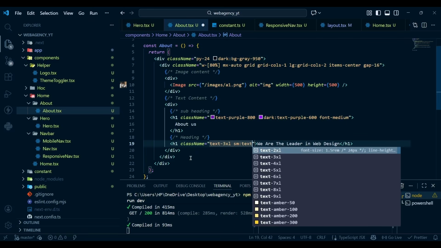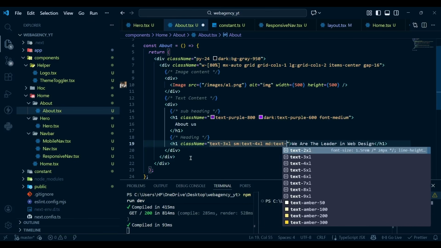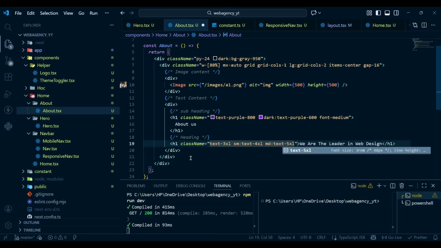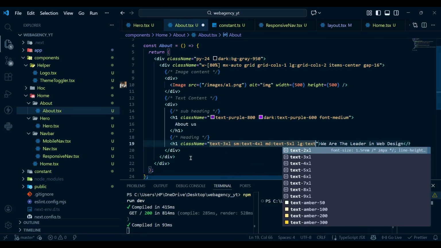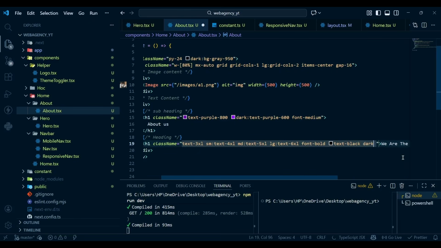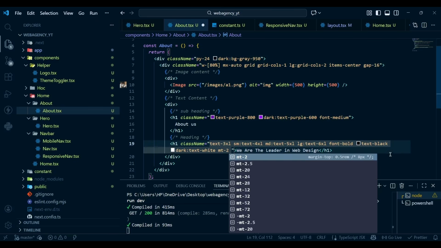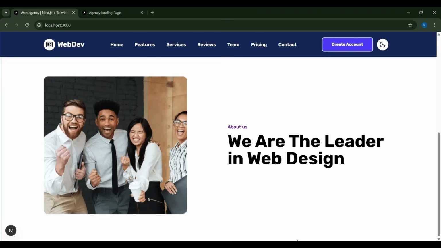Small and large screen text will be 4xl. Medium and large screen text will be 5xl, and large screen text will be 6xl. Font will be bold, text black. In the dark mode, text will be white, and margin top 2. That's it. Now if I hit save and go to our project, here you can see we have our heading just